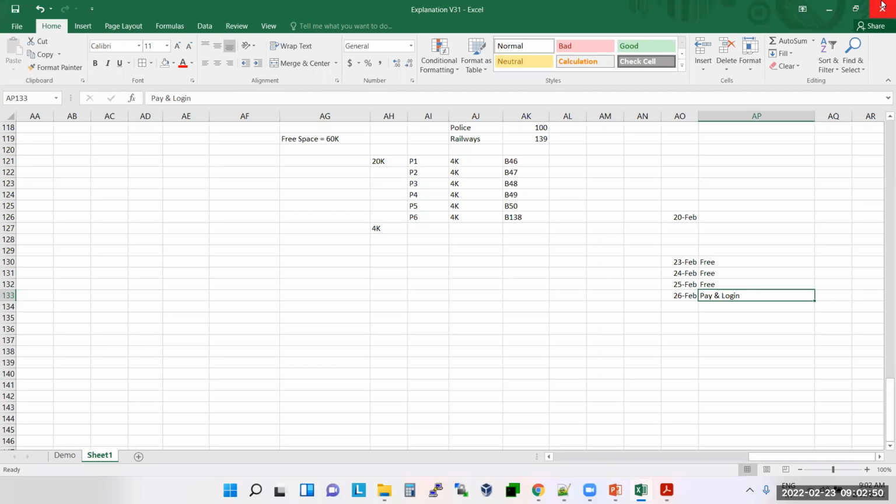On the same day, once I add you to Zoom, I will add you to Google Drive also. Google Drive is the place where you will have all the software, explanation documents, everything will be saved. So Google Drive access will be given only after making the payment, not immediately. This is for new students.